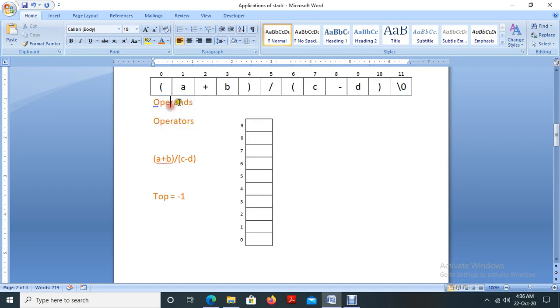In this case, the first step is to scan from 0 to the null character, to read the input from the array.